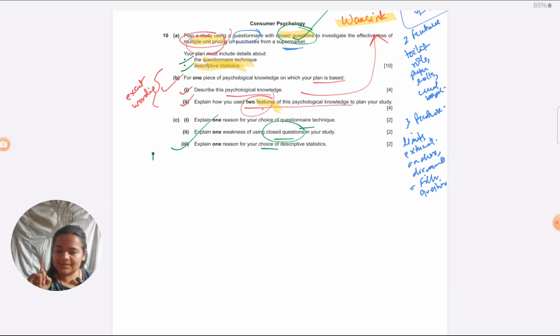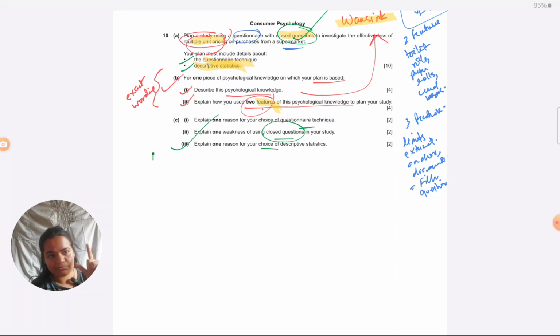Because I remember when students answered this question, many of them told me that they included open questions. Firstly, why would you include open questions in a questionnaire? I always insist that you should have closed questions. Anyways, on a questionnaire, there's no point in asking too many open questions. One or two is fine, but only open questions, and why not take an interview instead? Second thing is, when they've told you specifically that you must have a questionnaire with closed questions, you cannot exceed that boundary. They want closed questions, so you have to include those.